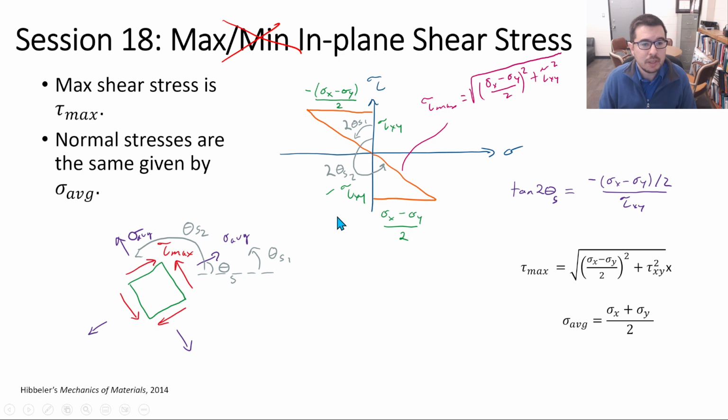So we have equations that are able to tell us how much you have to rotate to get into this state of maximum shear stress, what the maximum shear stress is, and what the normal stresses coming out of the element are as well. And they're the same, and they have an average, as we see here. Okay. So these previous sessions set the stage for what we're going to discuss next, which is